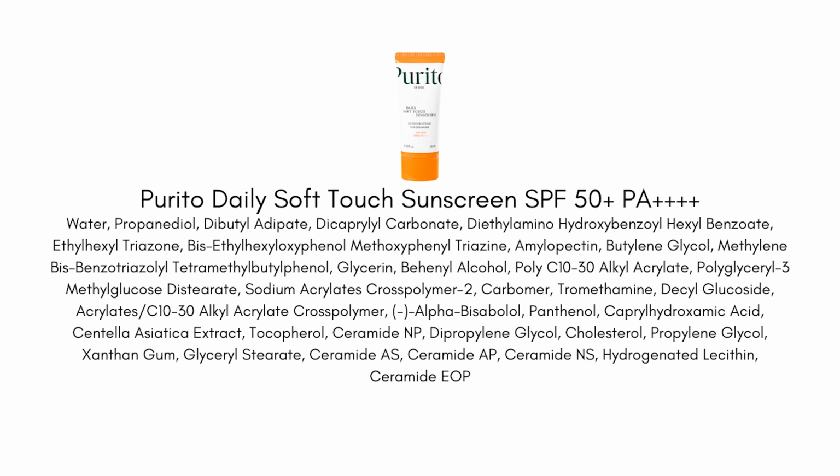Now, I did notice in my testing of this sunscreen, there is a tiny whisper of a white cast. It is a fully chemical sunscreen, but it's using Tinosorb M, which you may know has some properties like mineral filters do, and one of those is a little bit of a white cast. And I think white cast isn't even quite the right term for what Tinosorb M can do